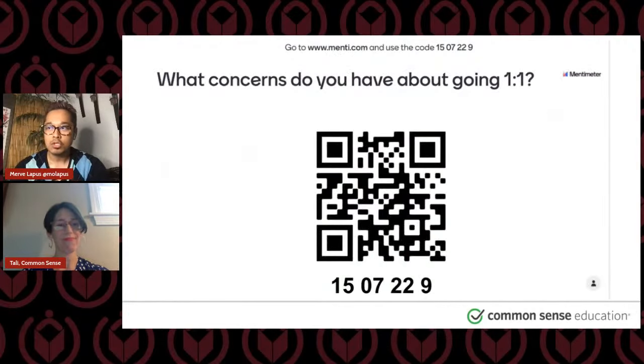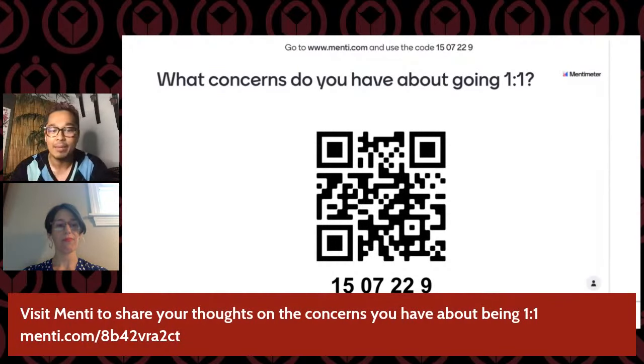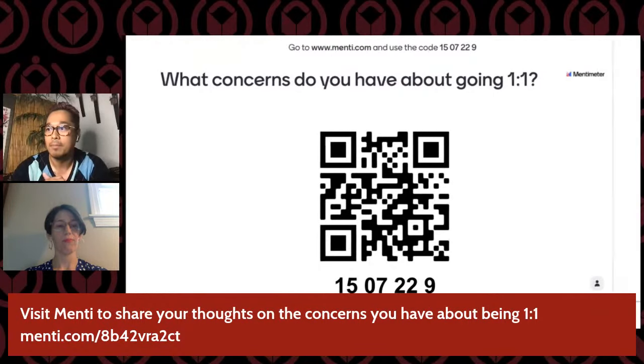Awesome. So first things first, you guys were filling this out earlier in the Menti. So if you haven't started filling it out yet, here's a QR code. Pull out your phone or open up a second screen if you've got that skill in being able to open up another screen or another tab. And we want you to be able to just answer what concerns you have about going one-to-one or being one-to-one. And then we have a couple questions that we're going to be following up with here on Menti. So I'll be progressing it forward for you all so we can see it.